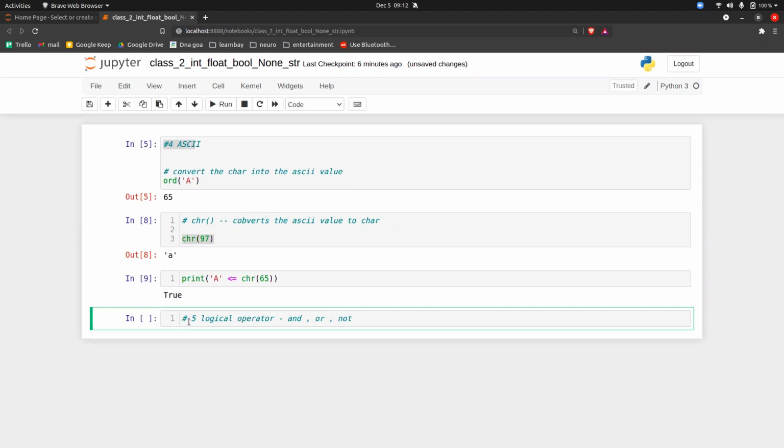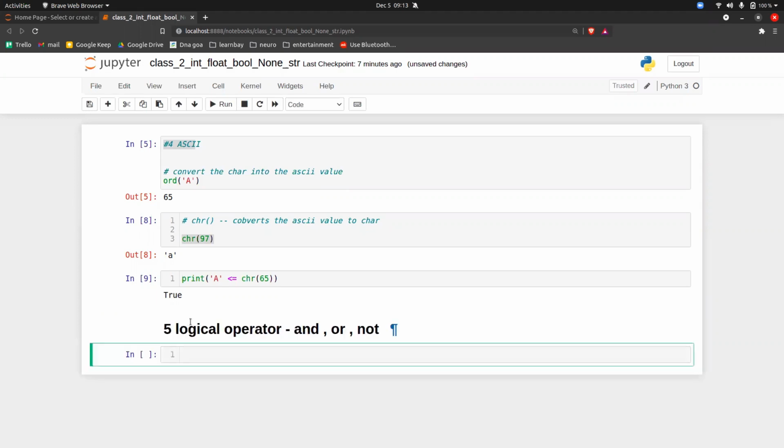Before moving forward, does everyone know about the truth tables of the logical operators? I will revise the topic from the basics, so don't worry.